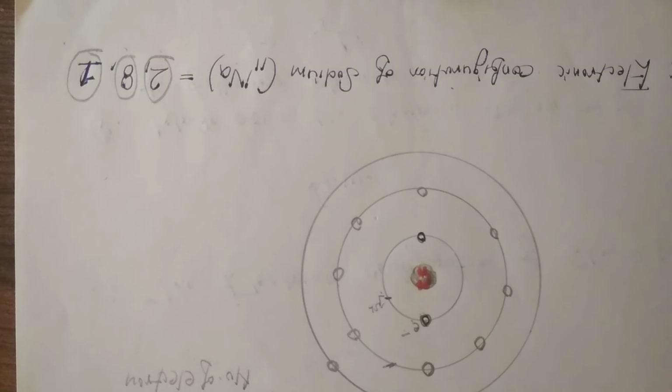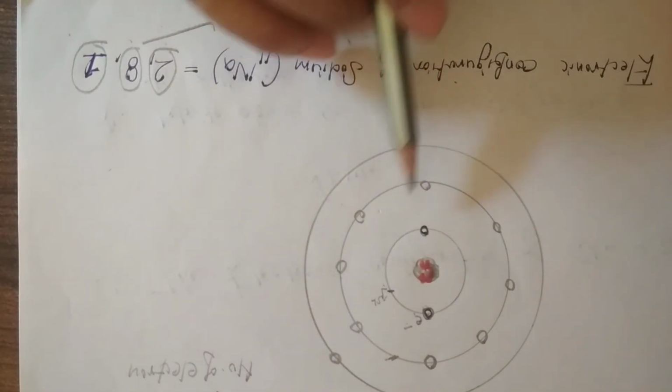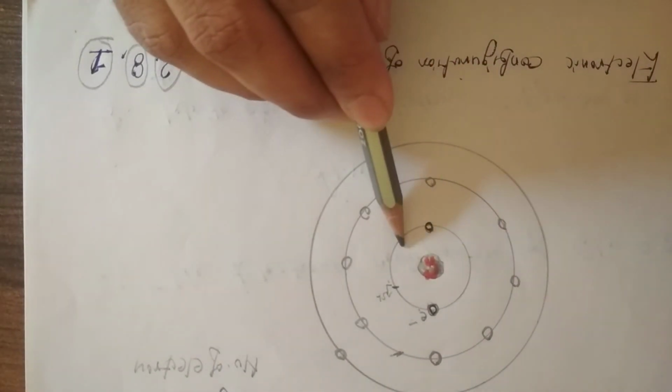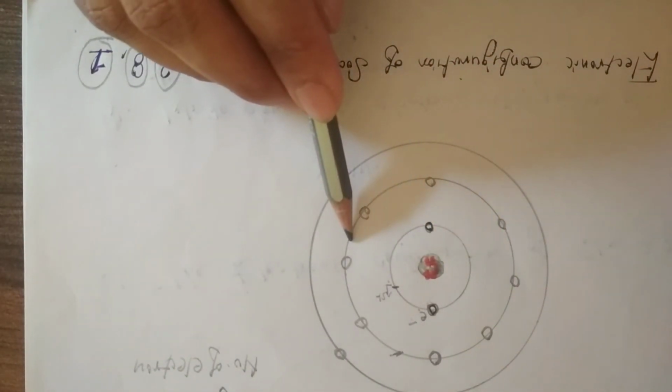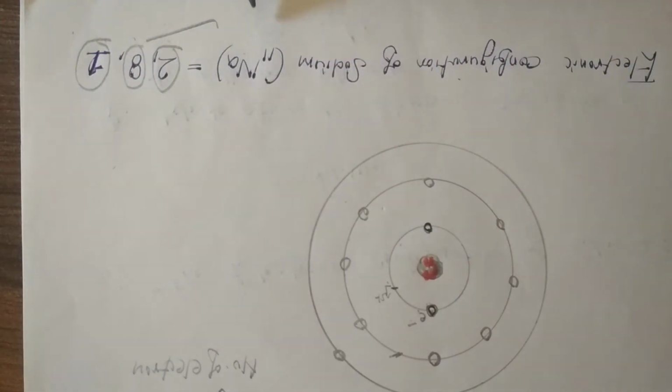In the exam the question will be to write down the electronic configuration of a particular element. So you can write down the electronic configuration directly, or you can draw the diagram, arrange the electrons and then write it down. To write the electronic configuration, you must know the first orbit has 2 electrons and the second orbit has 8 electrons. According to this, we arrange the electrons and get the electronic configuration of the element.